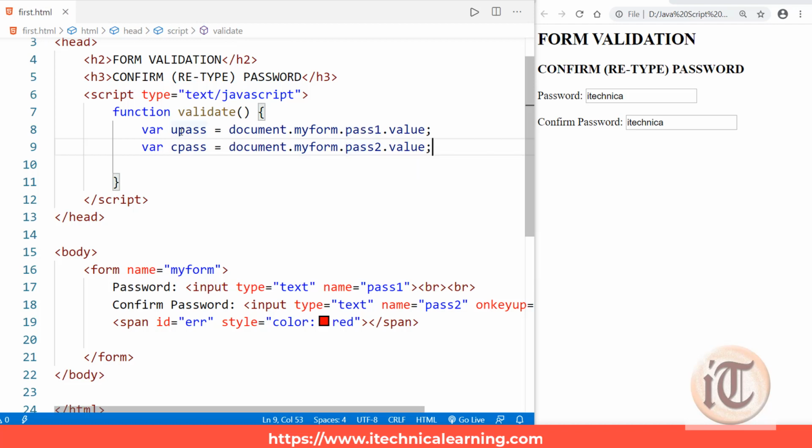Okay, so these are the two variables which we will compare here, and if these two variables contain the same value, then we will display certain messages.